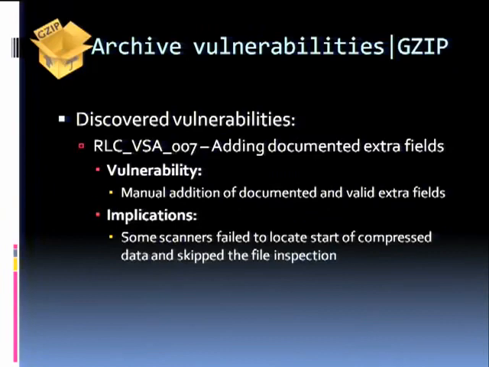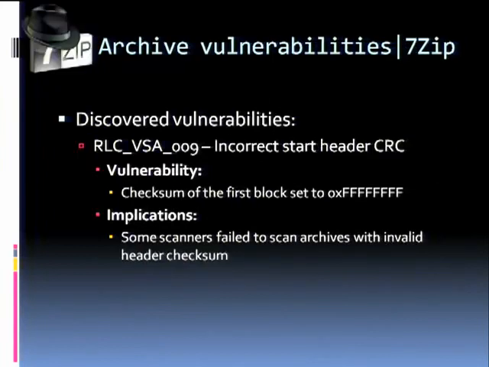Now for the gzip file format, we just added the documented extra field. It's in the documentation, and it's really not commonly used, and that's why some software vendors had a problem finding the start of the compressed data, which was shifted by a few bytes, and that's why the decompression didn't work. Now for 7-zip,